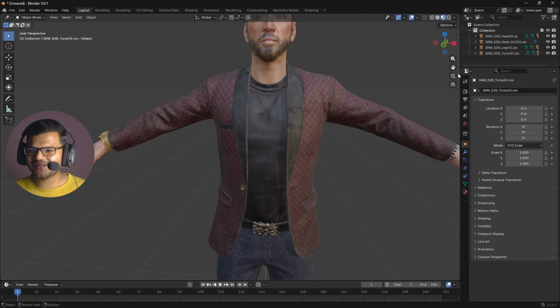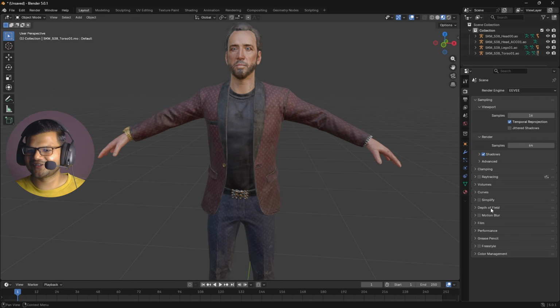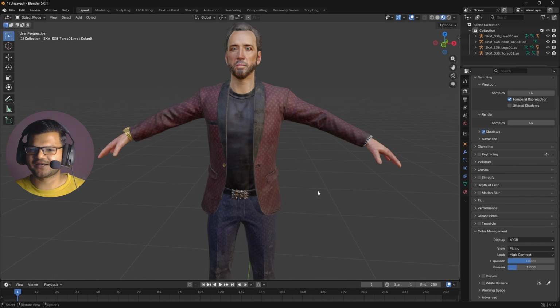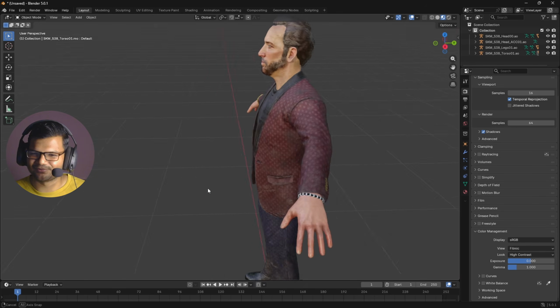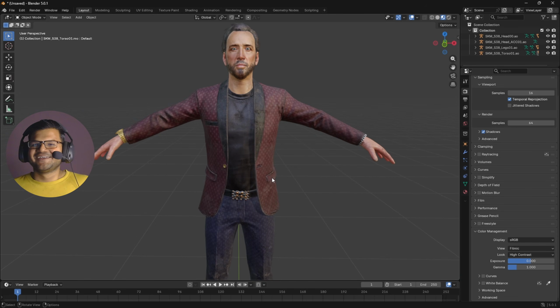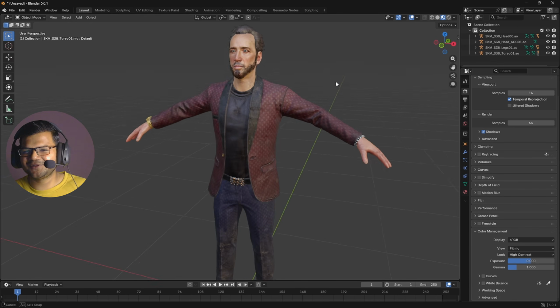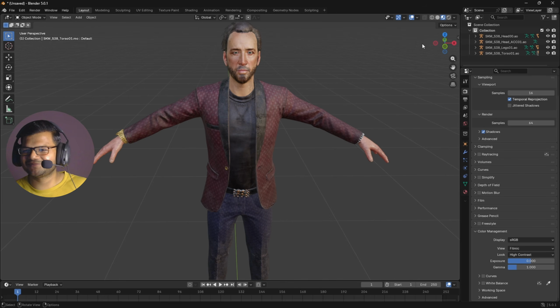Okay, so we can also click on this option and then go to color management, then go for filmic and turn this to high contrast. You can see now it looks better. Okay, so this is how you import the models and texture the Dead by Daylight models into Blender. Okay, and now I will tell you how to actually pose the models, guys, because you can see there